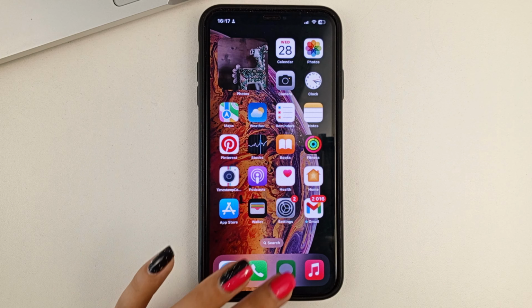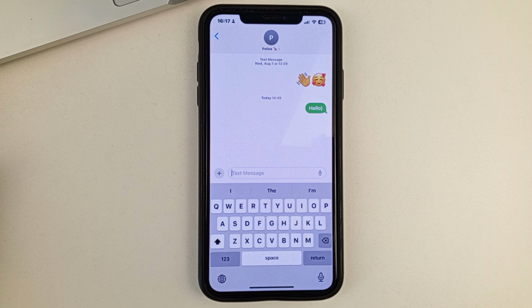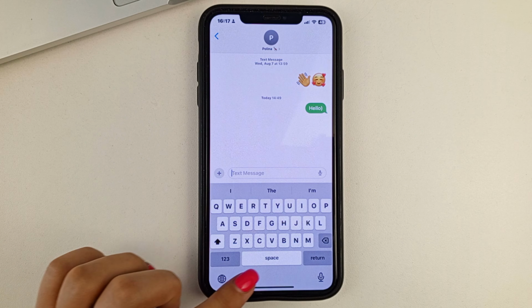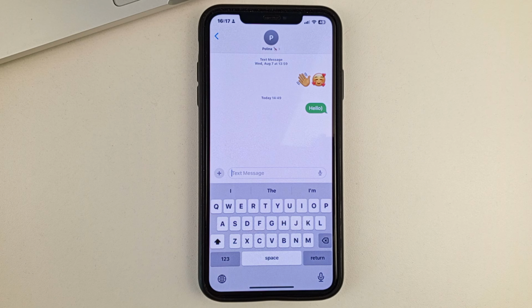So I'm going to show you what the lack of emoji can look like. See, when you have a keyboard, but right down here on both sides, there's no emoji sign. It can be frustrating, it can get in the way, because in today's world emoji is used by a lot of people in a lot of places. If you've accidentally turned it off, or someone's given you a phone that's already turned off, I'm going to show you how you can turn it back on in half a minute.